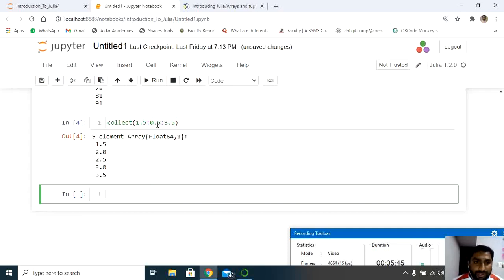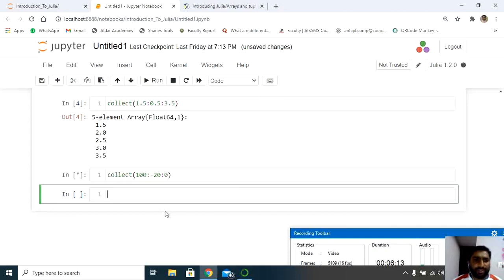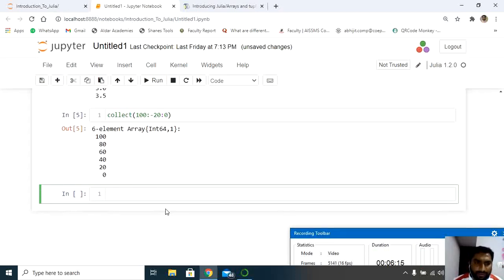is, in the difference, you just give the negative value here. Let's say I want to display the numbers in a reverse order with a difference of, let's say, 20. So I'll have 100. Next, I'll give the difference of minus 20. This minus indicates that I'm going to display in a reverse order here. Now next, my ending point here is 0. Shift and enter it. Let's see what elements it is going to display as far as range is concerned.